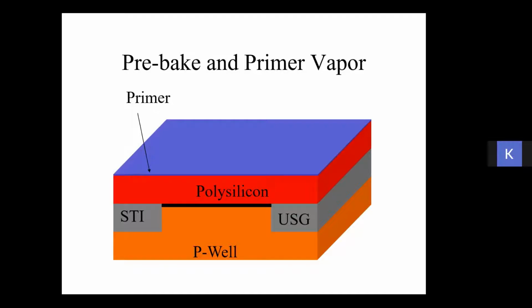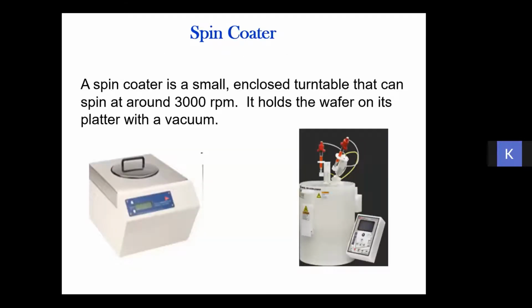Normally this coating of the sample with primer is done by vaporization. So you actually vaporize a primer solution over the substrate, so that a very thin layer of primer gets coated over your sample. Okay. Now you have to coat the main thing, that is your photoresist. Now, how will you coat? Now, the main part of this coating, you need a spin coater.